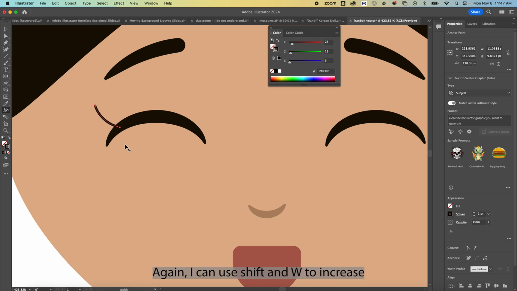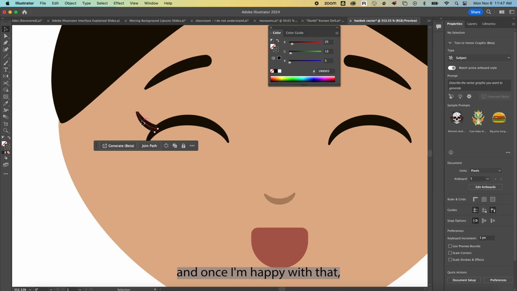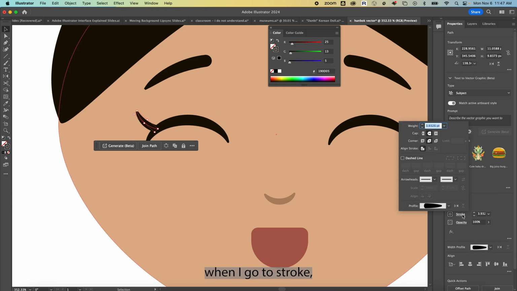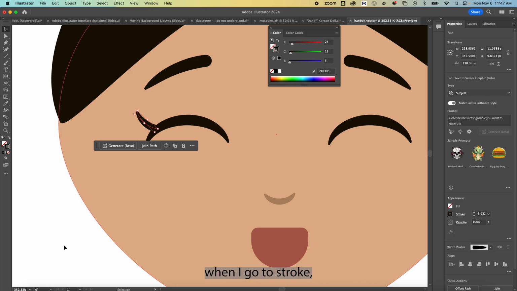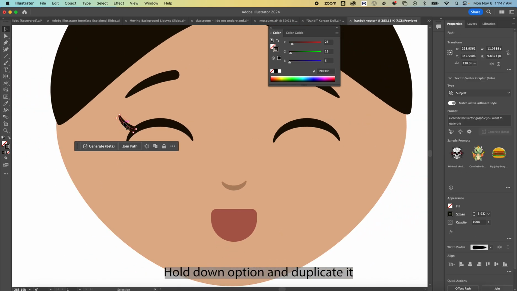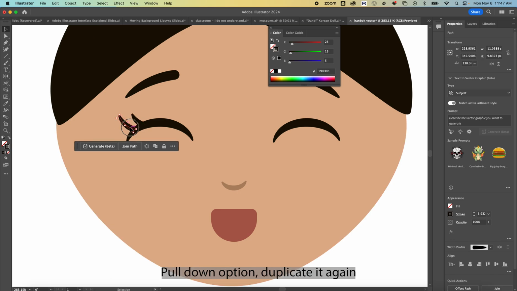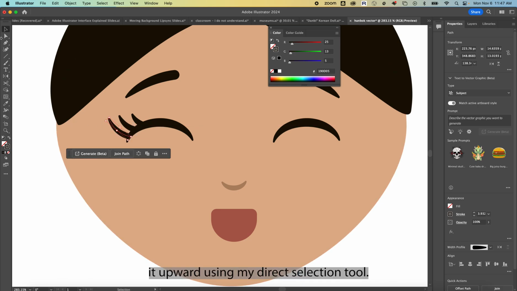Again, I can use Shift and W to increase the tapering of the eyelash, and once I'm happy with that, I'm going to select it, hold down Option, duplicate it and scale it down. I'm going to select it once more, hold down Option, duplicate it again, and scale it upward using my direct